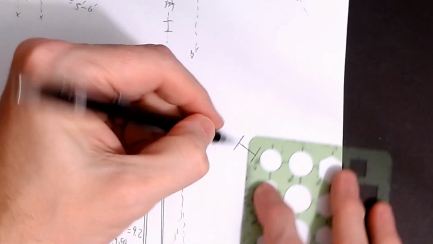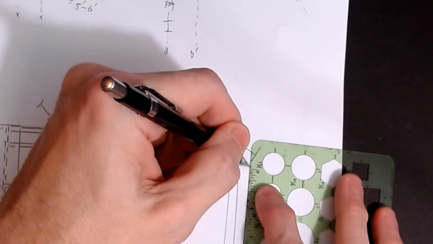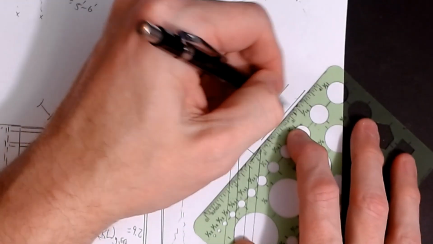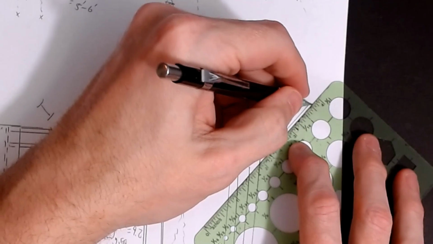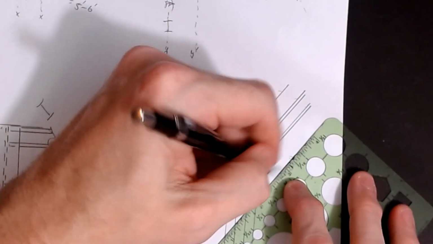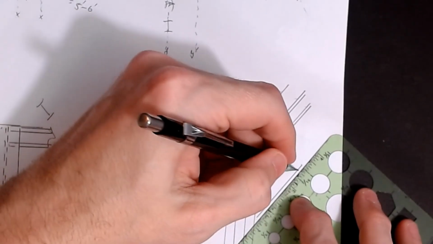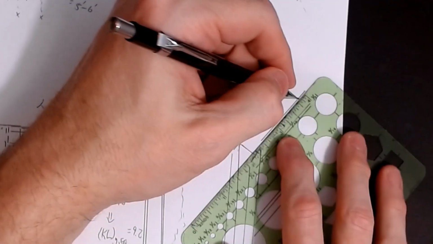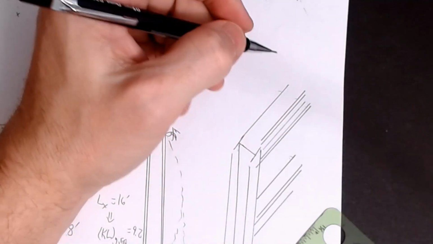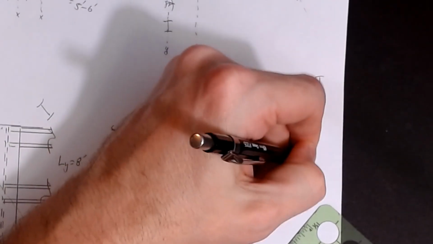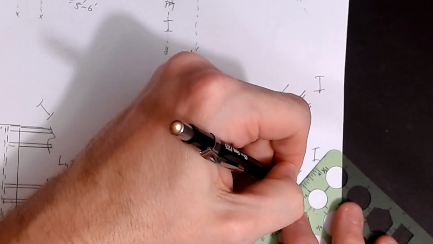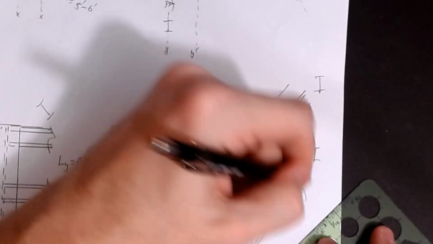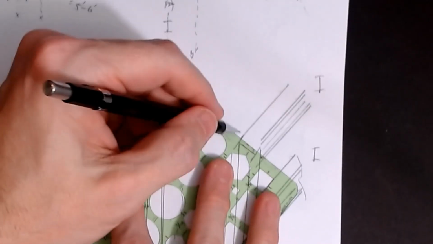If I draw this in 3 dimensions, down, down, down, down, and then I would have this beam coming in, there's the beam, like this, and then down on this level, I would have the other beam coming in and doing something. Again, you get the idea. The bottom of the flange would be here, where this one is oriented like this and this one is oriented like that, and there's the drop of the flange, looks something like that, and then this one would pick up and come over